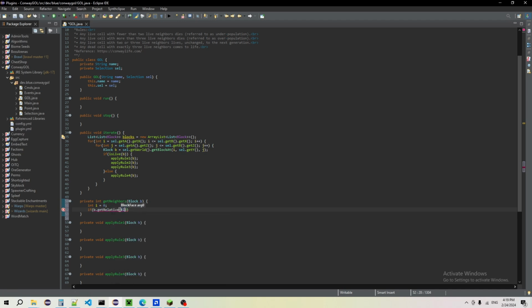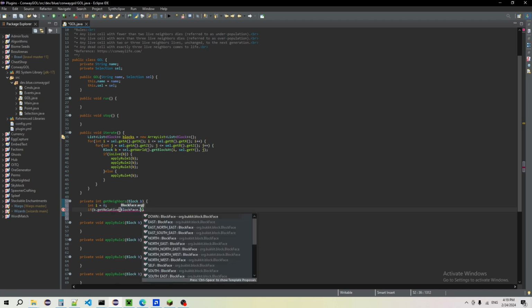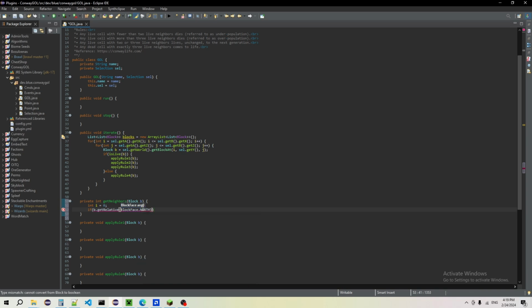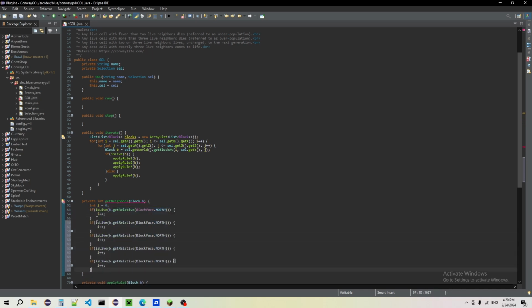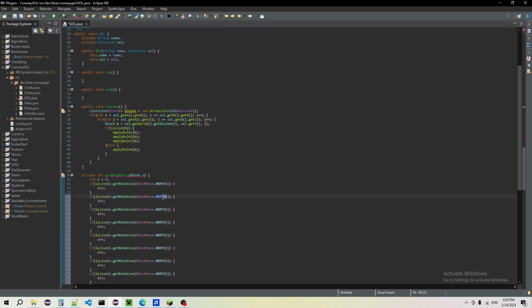Get relative block face dot. We're going to go north. We'll go if is live, right? Because that means it's a neighbor. Then I plus plus. And now we're just going to go through all 8 of them. North, north, east, east,